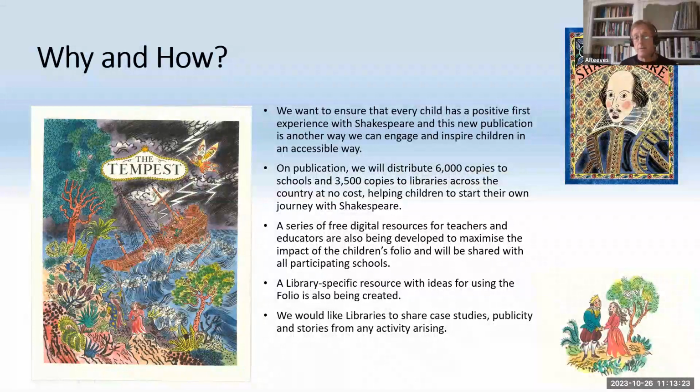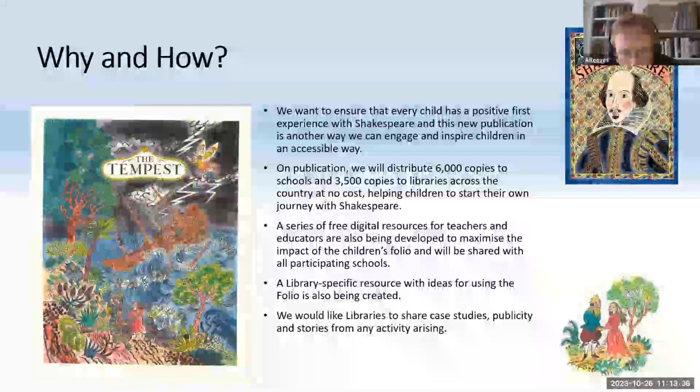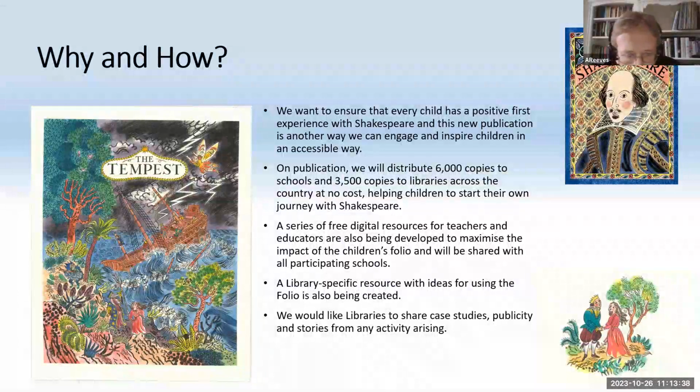We're distributing over 3,000 of them. We're not going to be able to follow up every single copy, it's clear, but as much as we can. So any larger scale ideas, we want to hear about what you're going to do with it. I'll try and answer a couple of questions as they come through, and if not, some of those at the end. But if we look at the next slide, just a couple of